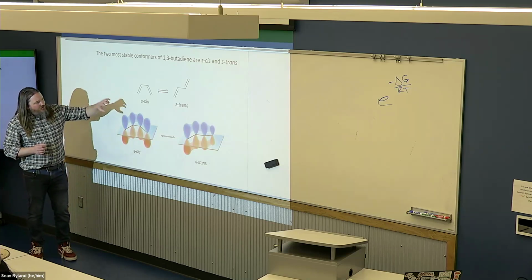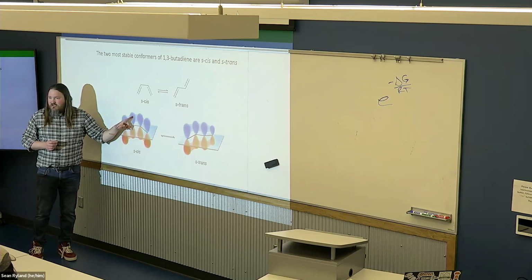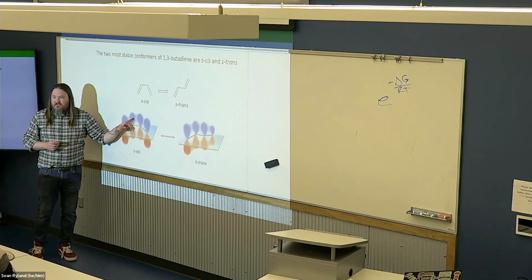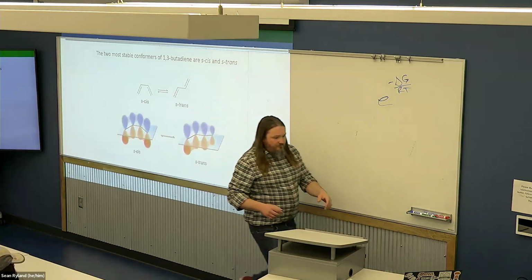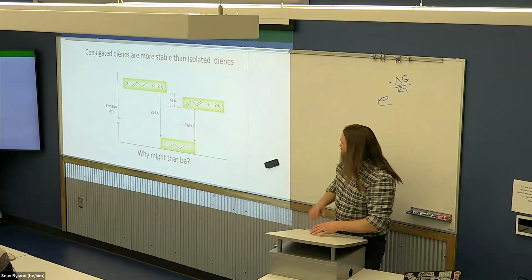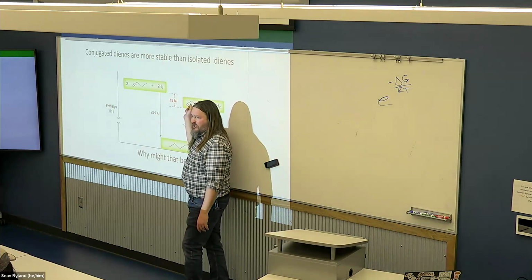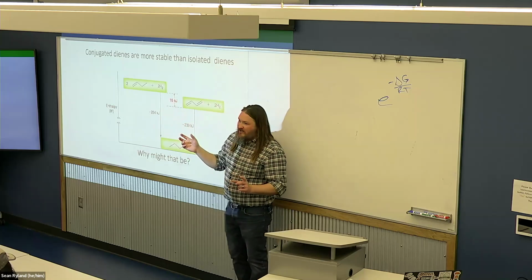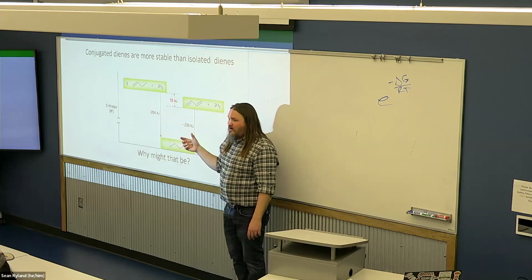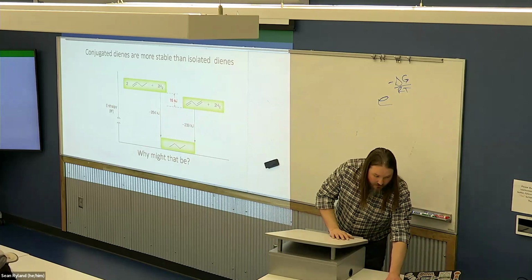If we twist this so these orbitals don't line up anymore, we're breaking that resonance. So if it was 15 kilojoules per mole difference to hydrogenate, to go from conjugated to isolated, which is effectively what we're doing by rotating that, we can expect there's going to be a barrier of about 15 kilojoules per mole to rotating around that center